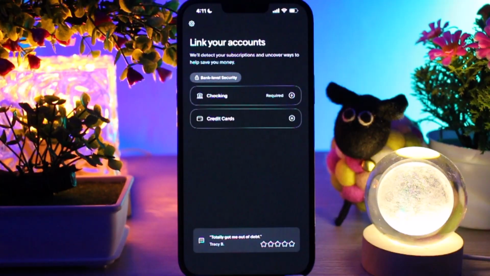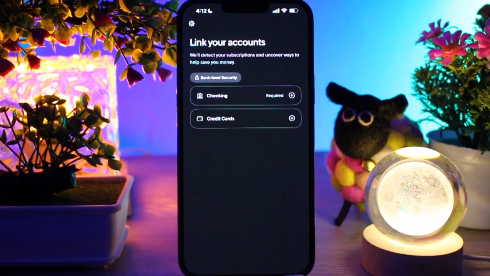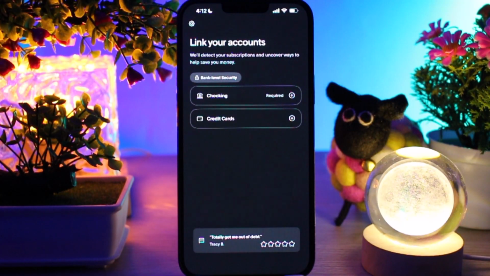Once you've logged in, you will land on the home screen. This shows your total balance, recent transactions, and where your money is going. Next, tap on Spending. The spending tab breaks down your expenses into categories like food, shopping, bills, and entertainment. Rocket Money does all the work for you, so you can clearly see what you are spending so much